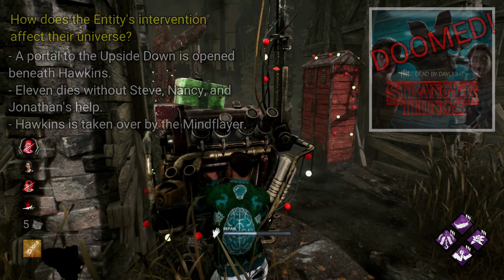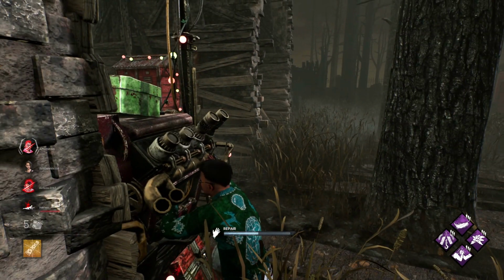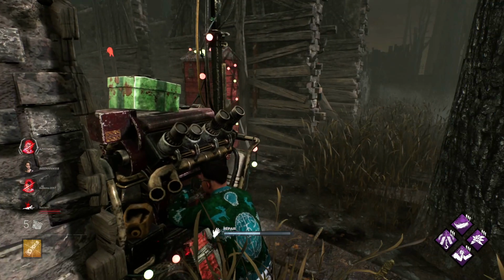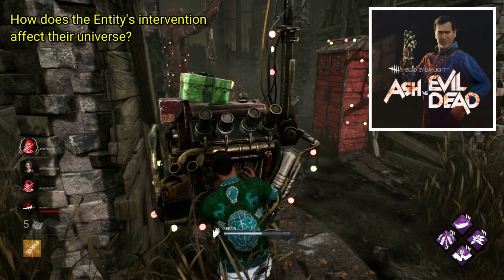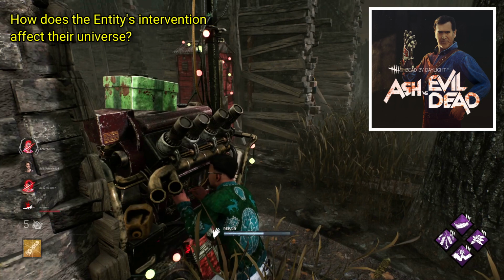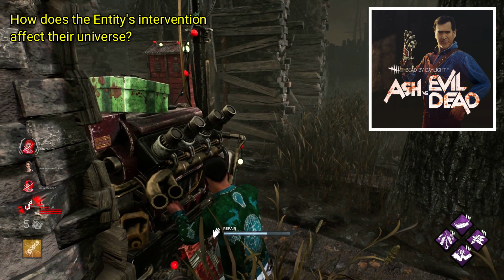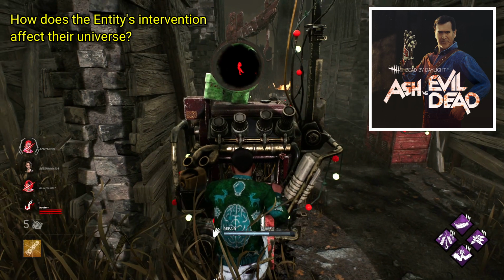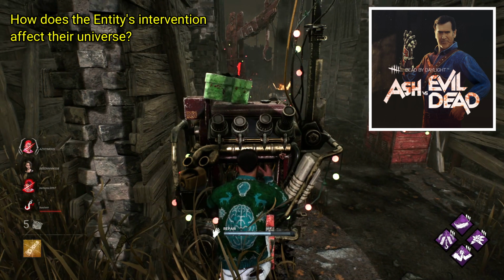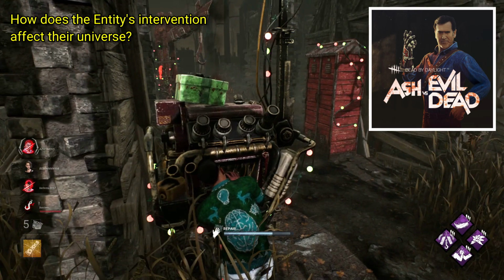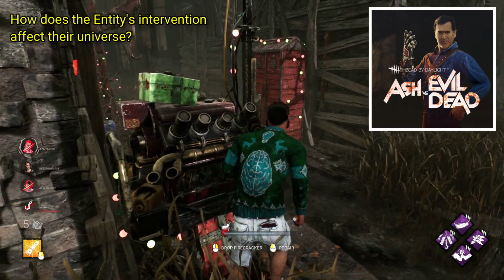There's other Demogorgons. The last greatly affected and possibly doomed universe I believe is Ash's. Ash vs Evil Dead and its universe was in a pretty rough situation at the end of the TV series, with the world essentially in a post-apocalypse, overrun by demons. Around this moment though, Ash is stepping into his role as the savior of humanity, prophesized in the Necronomicon.